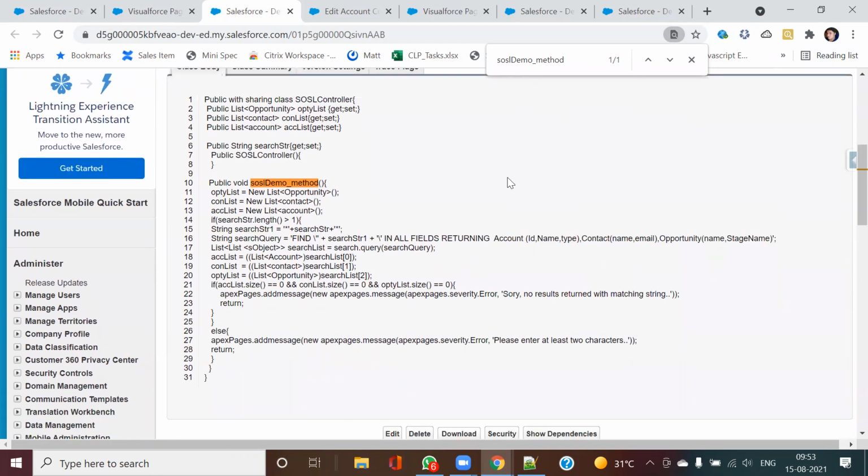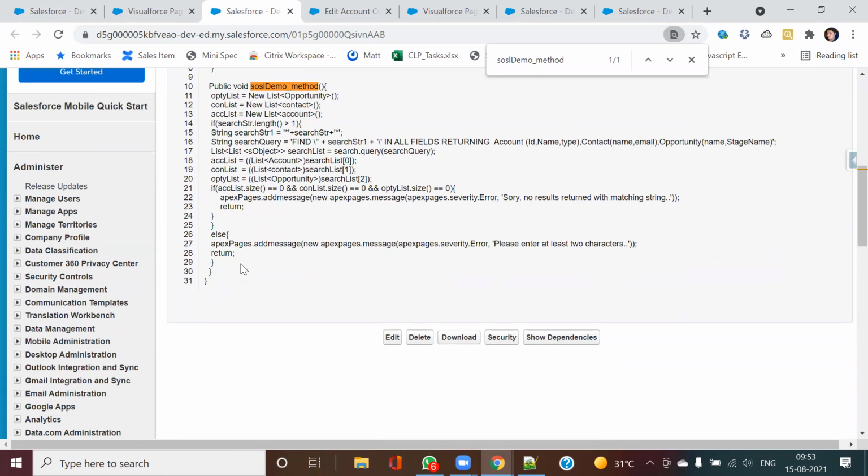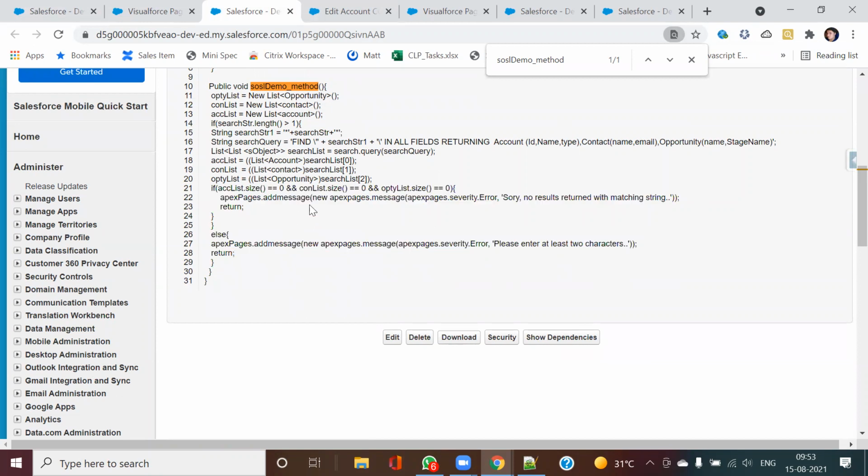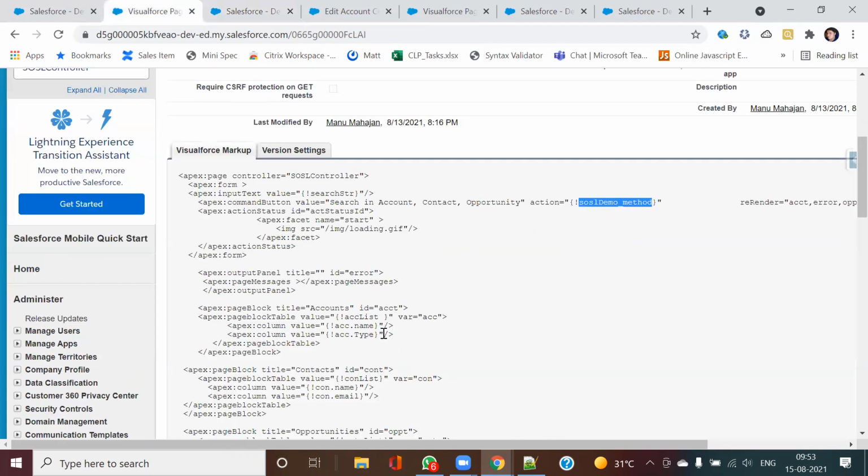In case all of these conditions are not satisfied, I'm doing a normal return. I'm just returning my records. That's it, in case it doesn't go into this. And plus for this error message, one more thing is that you need to add this tag, addMessage, and all of this here. And on the page also, you need to have this one, apex:pageMessages.